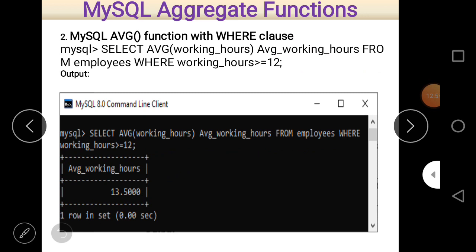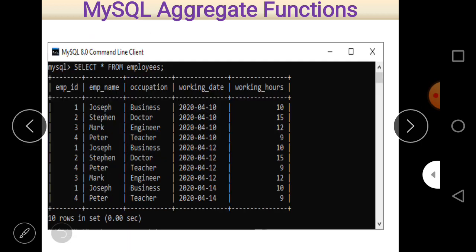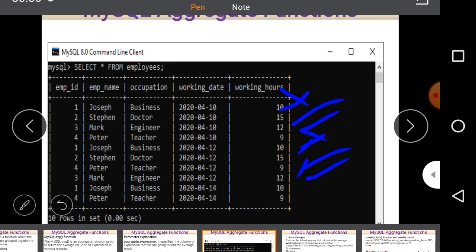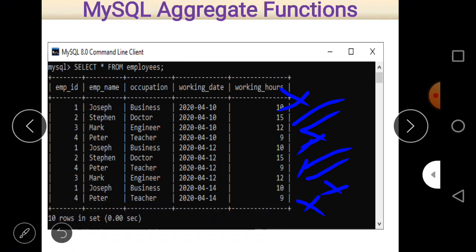Next, what happens if there is a condition? You can see here the condition given is working hours greater than or equal to 12. So the average will be counted only for those working hours where working hours are greater than or equal to 12. This is our actual table. So first is not selected, second is selected, third is also selected, fourth, 9, is not selected, 10 is not selected, 15 is selected, 9 is not selected, 12 is selected, 10 is not selected, 9 is not selected.